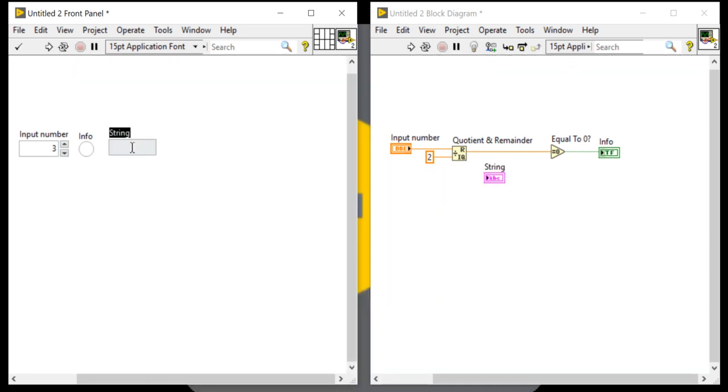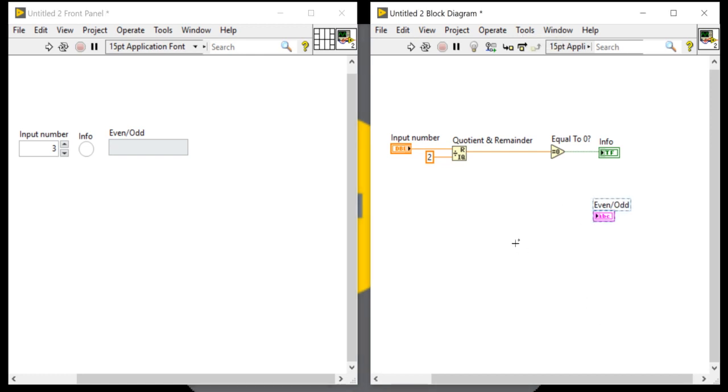This string indicator will display the information. This is a numeric functions concept, so how can we display it?